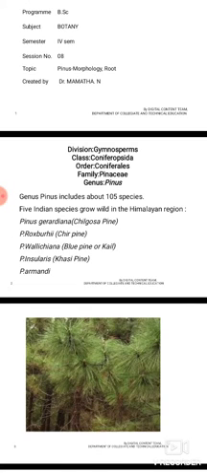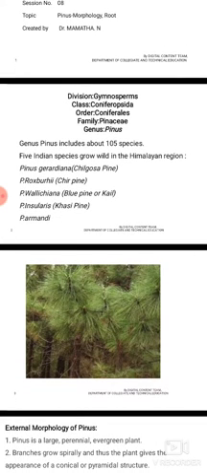Pinus. It comes under division Gymnosperms, class Coniferopsida, order Coniferales, family Pinaceae, and it includes about 105 species. 5 Indian species growing wild in Himalayan regions are Pinus gerardiana, also known as Chilgosa pine, Pinus roxburghii, known as chir pine, Pinus wallichiana, known as blue pine, Pinus insularis, also known as Khasi pine, and